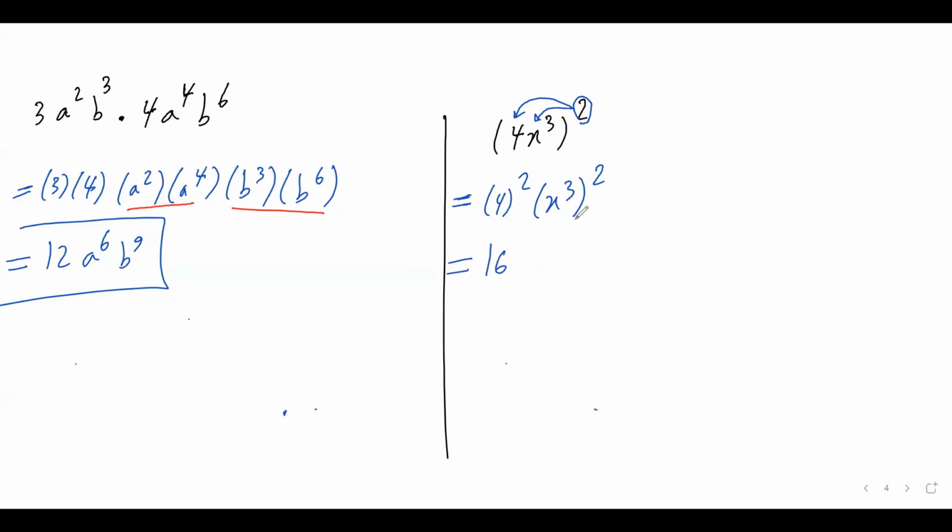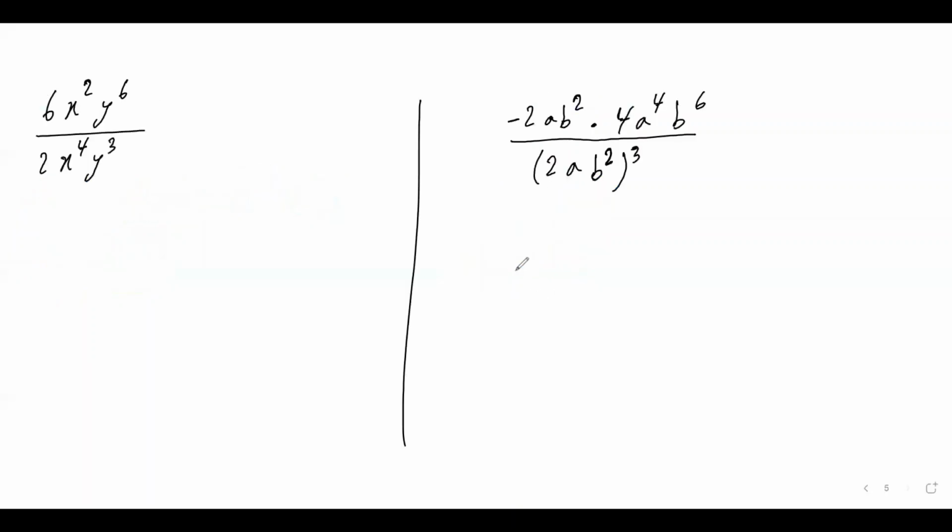x to the power of 3 to the power of 2. And so here we have to write the base, which is x, and then multiply the exponent, 3 times 2, so it's 6. So this is our answer, 16x to the power of 6. So